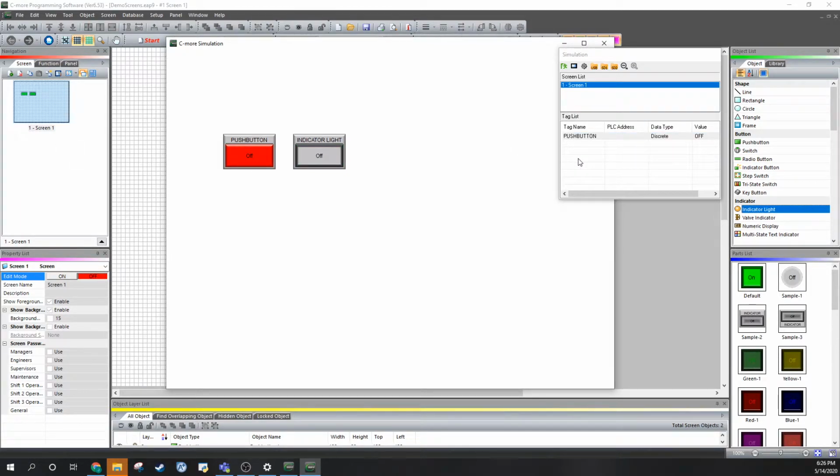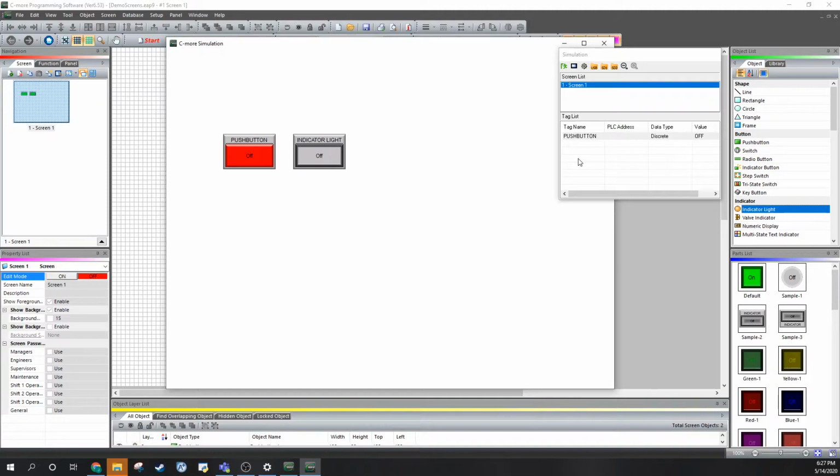So this is super cool for when you're just starting out learning how these touch screens work, testing functionality. You can run this all in simulation without having a PLC ready or available to you, right? The one thing you can't really test is your tag communication with the PLC. But assuming you know how to set that up correctly, which you should at this point, you can test whatever